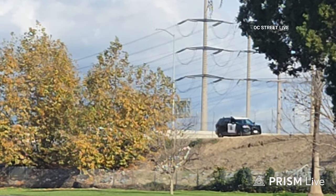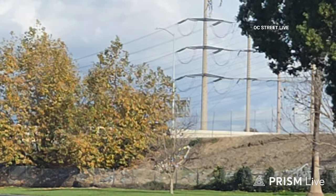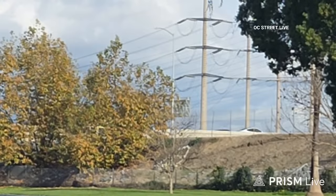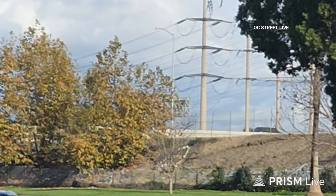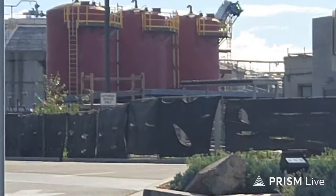Again, it's just speculation at this point. There's still an ambulance up on the hill. One ambulance did leave. As I said in the beginning of the video, they did have the basket hooked up to the ladder truck. So no idea if this was a...